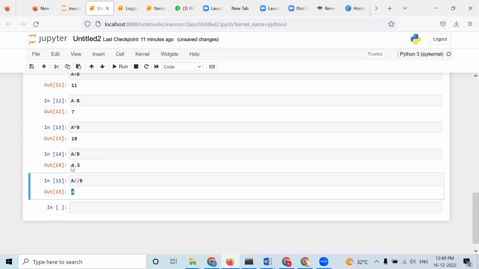Yes, ma'am. If it is 4.9 also, in that case also you will get 4 only, not 5. It is not rounding completely. So it is called floor division. Okay. And if you are doing a star star b, what will happen,